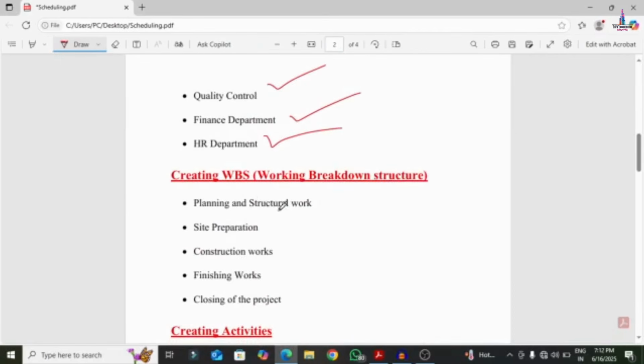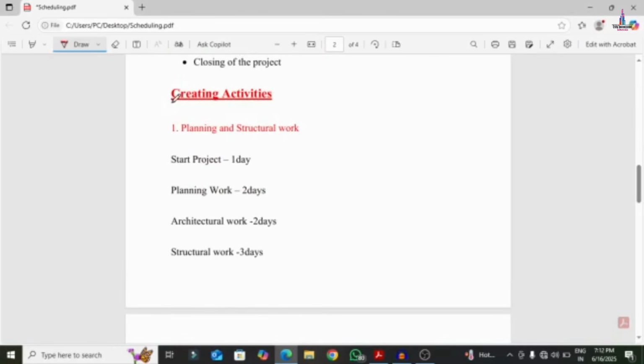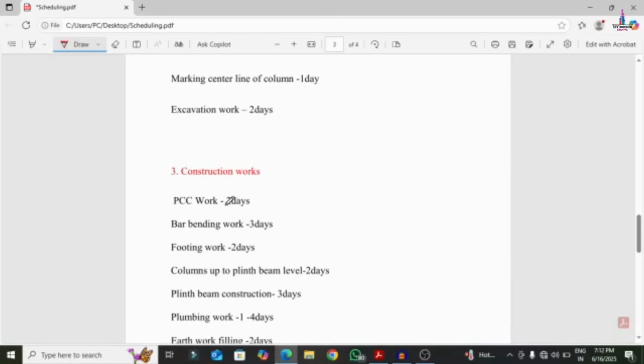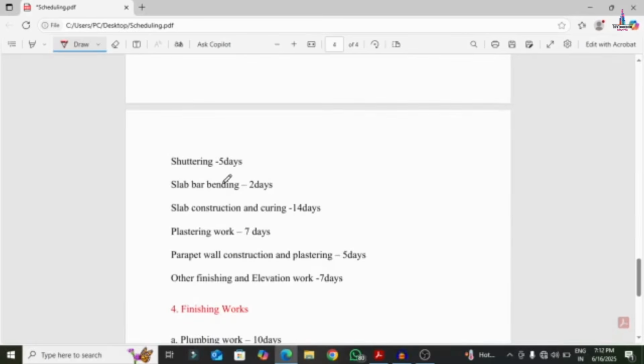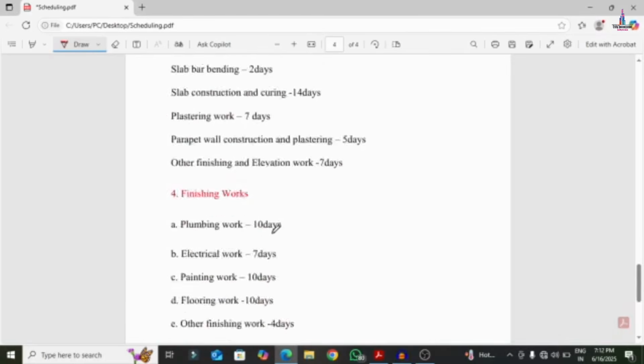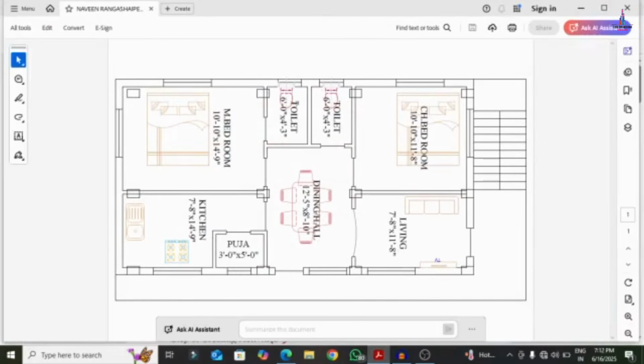And this is the WBS structure which is related to planning, site preparation, construction work, finishing work, closing of the project. So under this we have different activities related to the planning and structural work: start project planning, architectural structural work, and site preparation, site clearance, site setting out of the work, making the center line of the column, execution work and construction work. Under this it has plenty of activities here, and this is the finishing work and this is the closing of the project. So we will do the complete scheduling of this particular 2 BHK house plan by using